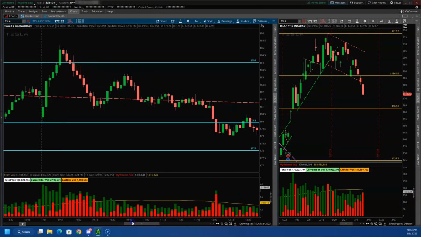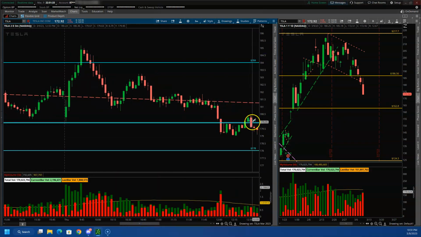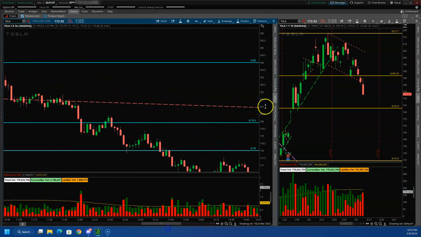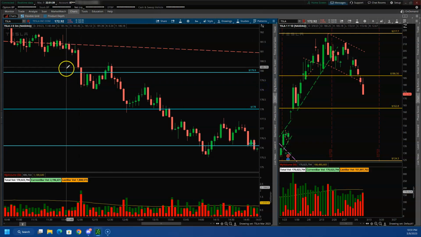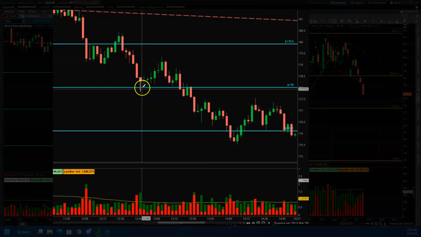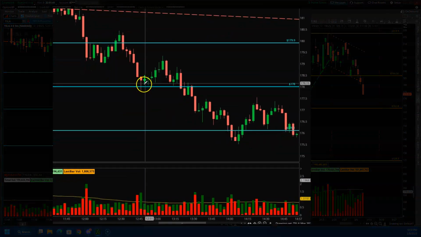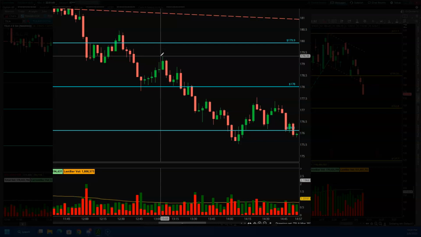And then once the price broke down below 179.9, which was the morning low, right? I knew that was the time to short more, right? Because it retested that level after breaking down, and it kept on breaking down again. Right over here, 178 key level, we saw a little bit of weak bounce, maybe $1.50, and that kept on going down,